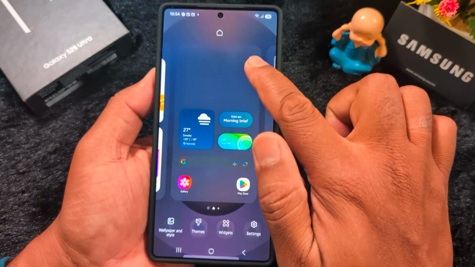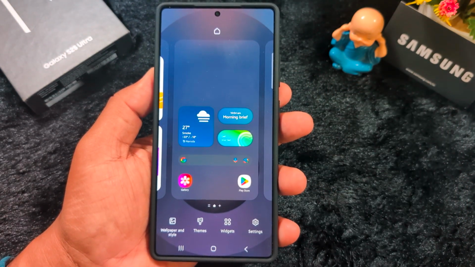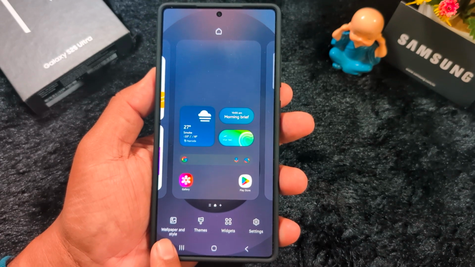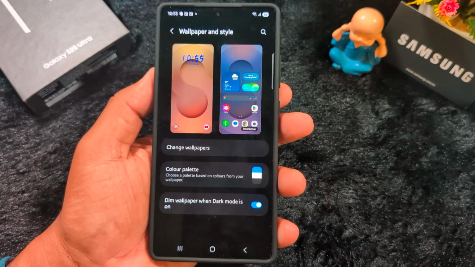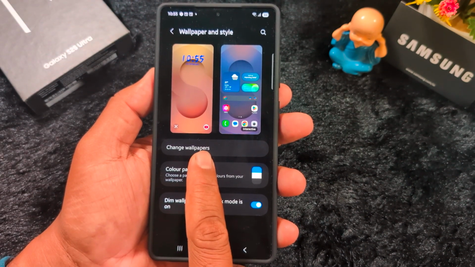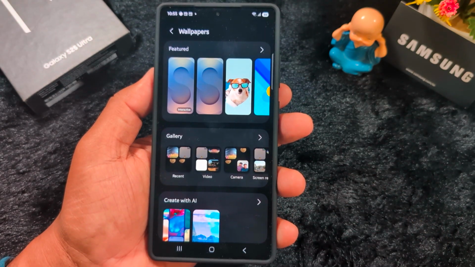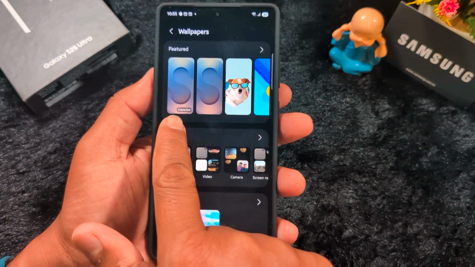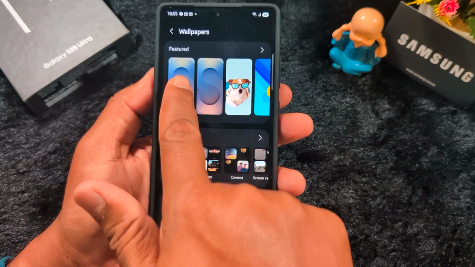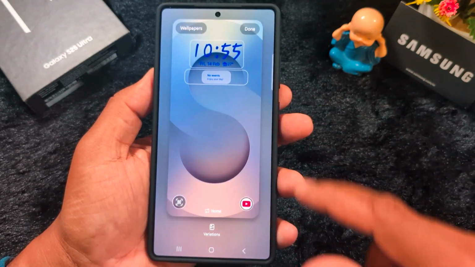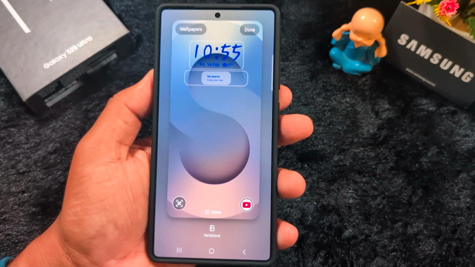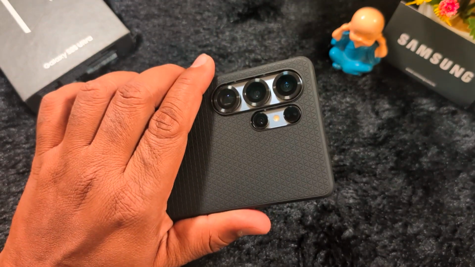Tap and hold the blank space on the home screen. Tap Wallpaper and style at the bottom left corner. Tap Change wallpapers. In the Features section, you can see the Interactive wallpaper option. Tap on it. Here you can see how the interactive wallpaper looks on a Samsung S25 Ultra or any other